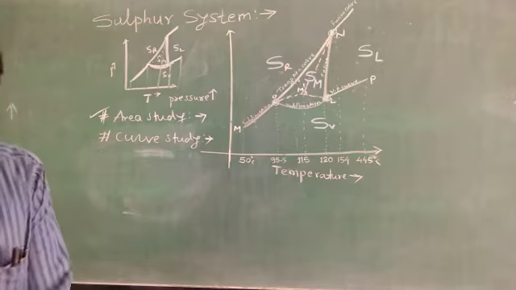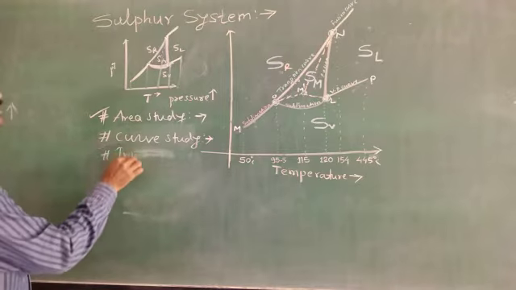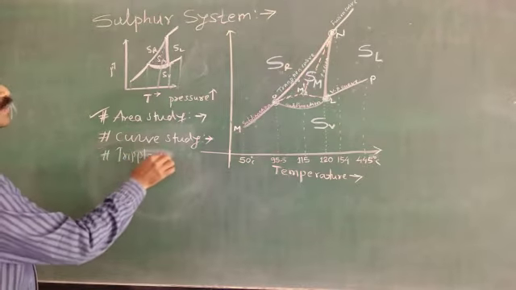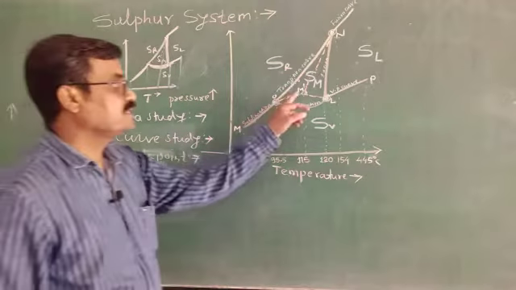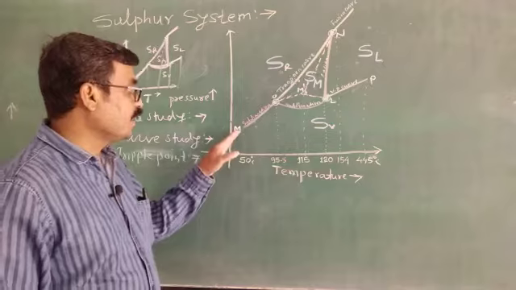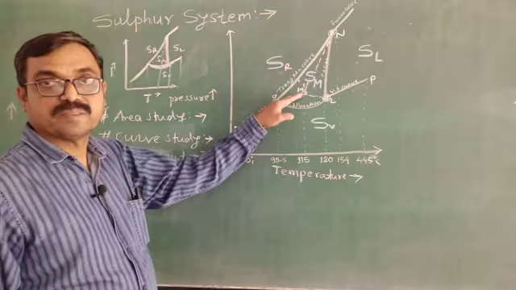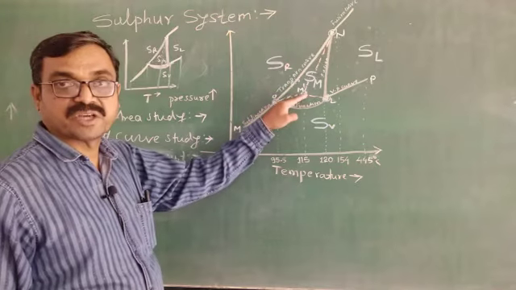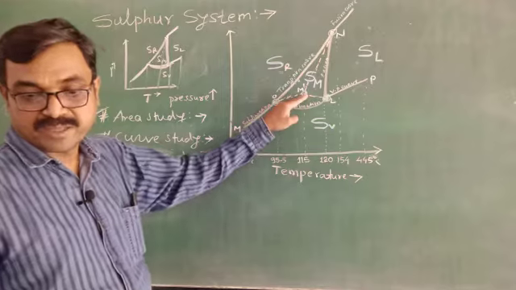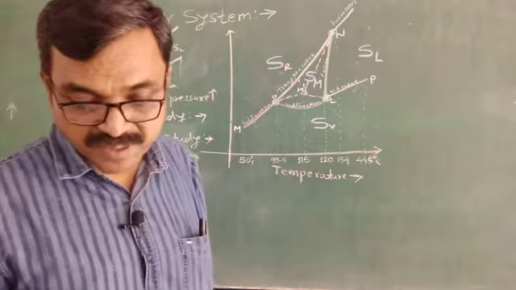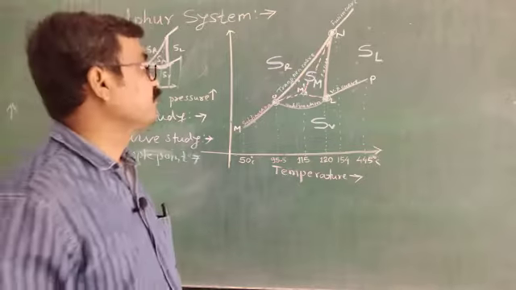Now the last and very important point is the triple point study. But before the triple point study, friends, see again one point is there, that is M dash. Means along curve MO, if we increase the temperature, there is a rapid increase in the temperature in such a way that there is equilibrium between 3 phases. Which are these 3 phases? Rhombic, liquid and vapor phase.